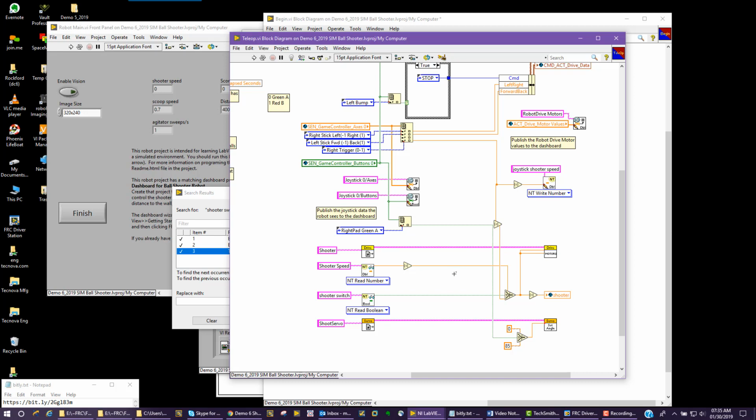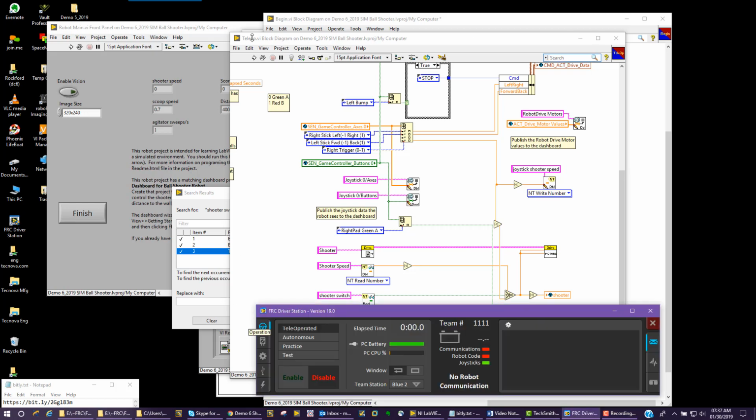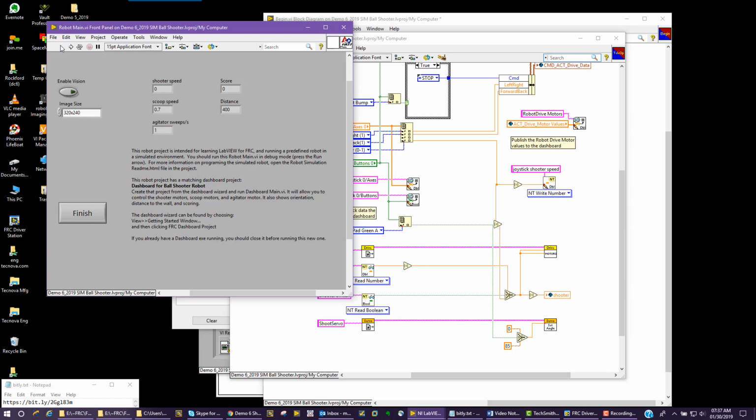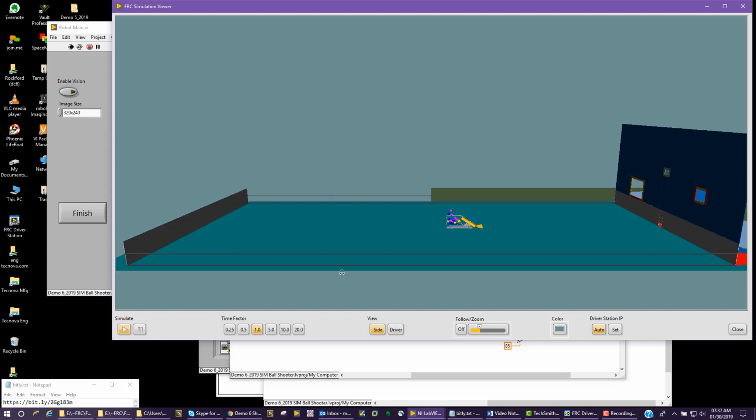Okay, so let's go to the simulator, and I want to show you where this servo is in the robot and where the ball shooter wheels are as well. And we'll talk a little bit about some other things that we want to do and we can observe. Okay, so let's bring up our driver station and our simulator. Go back to robot main and we're going to start it. And bring up our simulator,